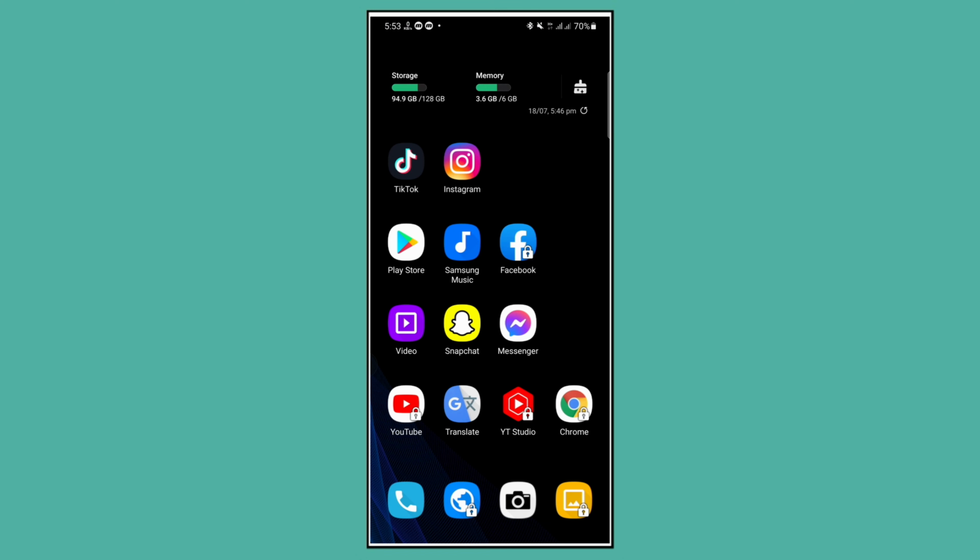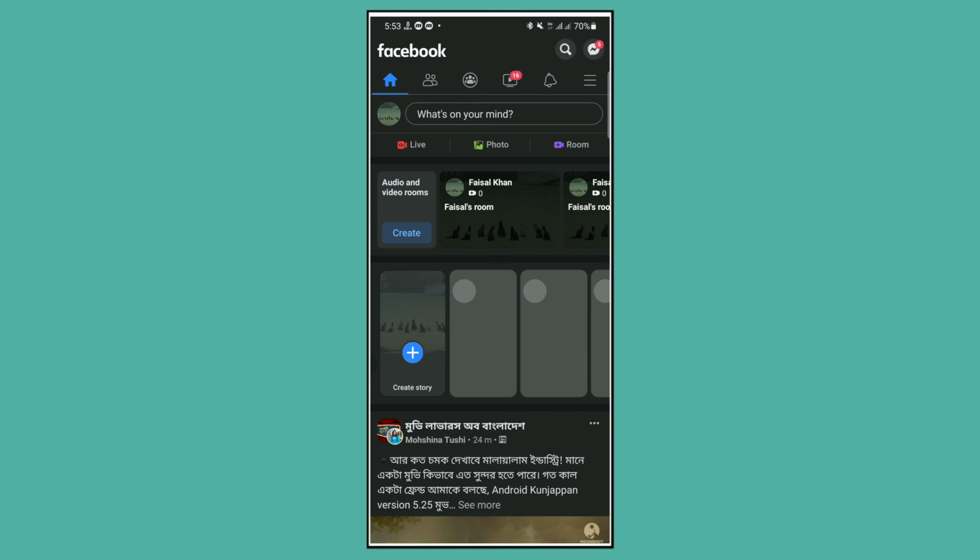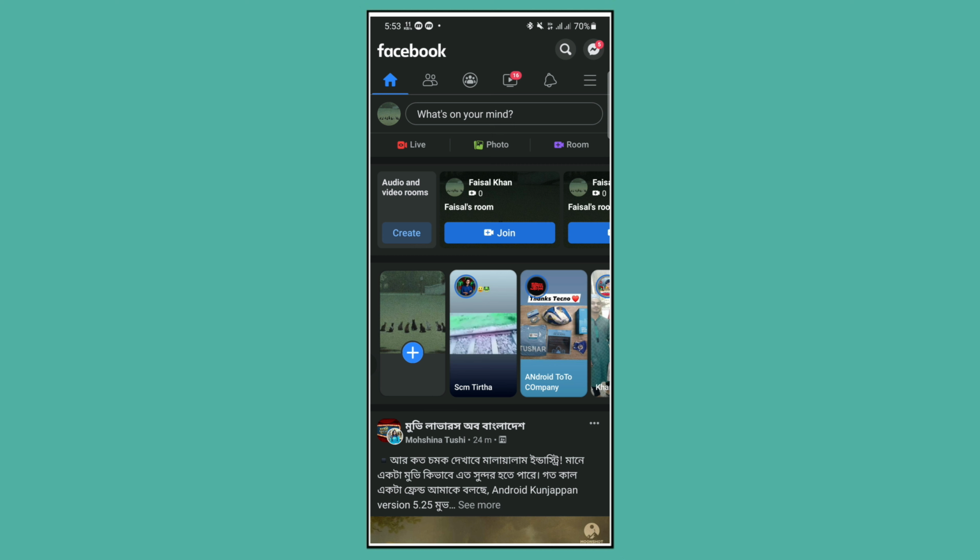In this video, I'm gonna show you how to stop people from sending friend requests on Facebook. It is a very simple process. For this, open your Facebook application, and once you have opened your Facebook application, then click the three horizontal lines on the upper right corner. Tap on this,